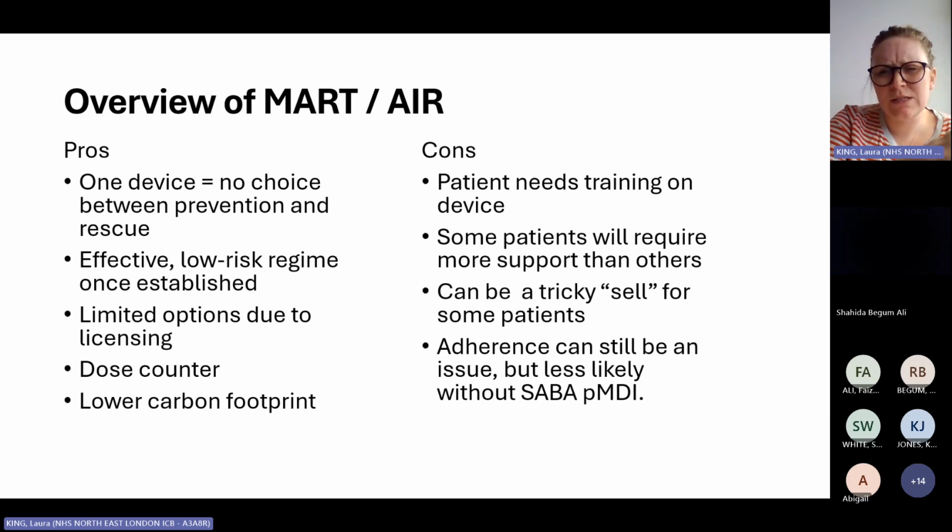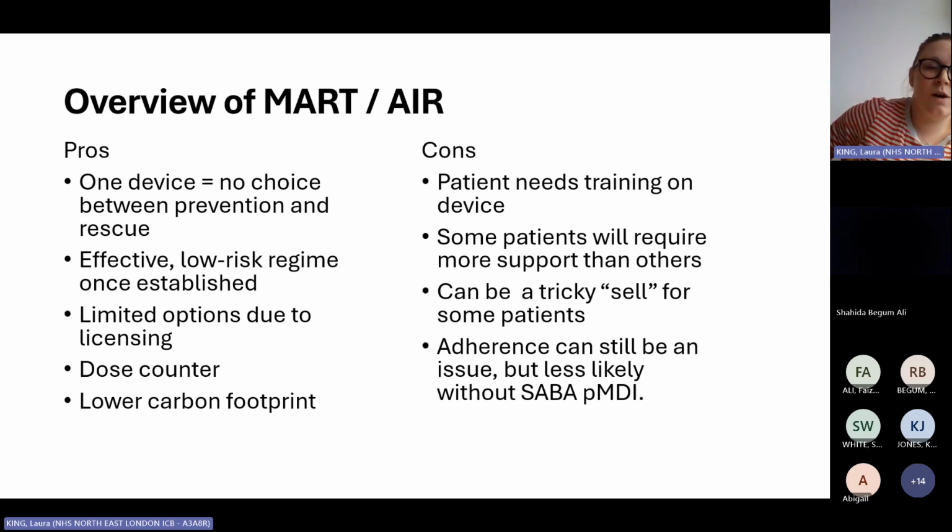It's almost a one-off though, because it's to make sure they have it in the kit. Because if that patient, I know this is very nuanced, but if that patient has a sudden anaphylaxis, they may not be able to use one of these. But generally speaking, yes, we would say no salbutamol anymore. We use MART, and it does work. If they use it well, they use it properly, it does work.